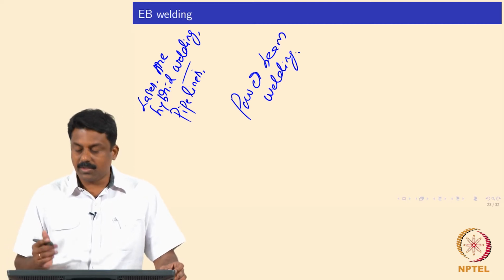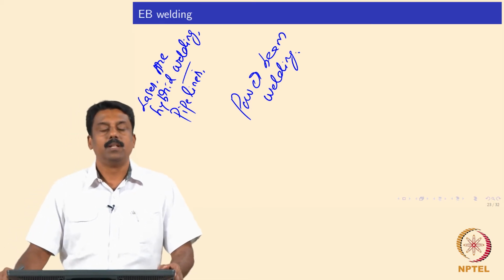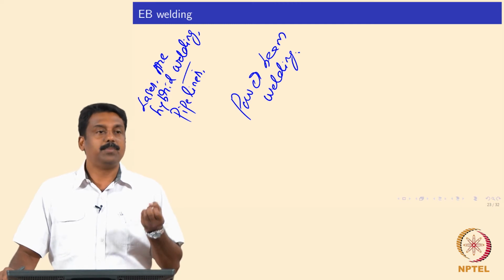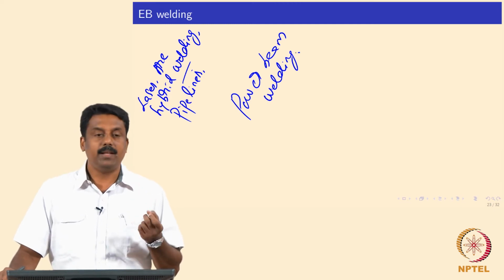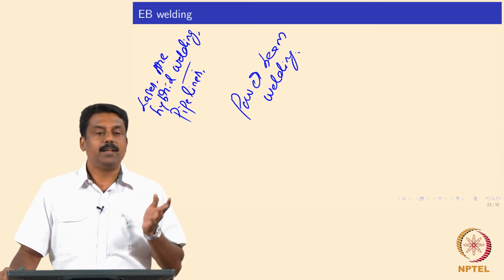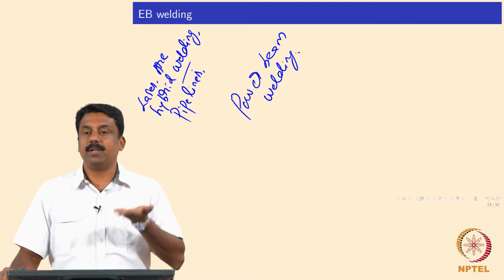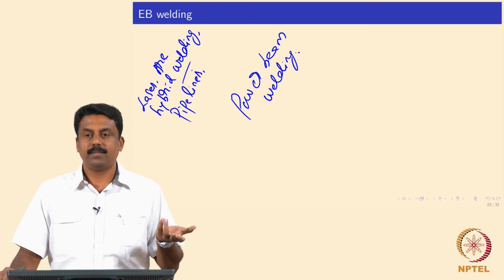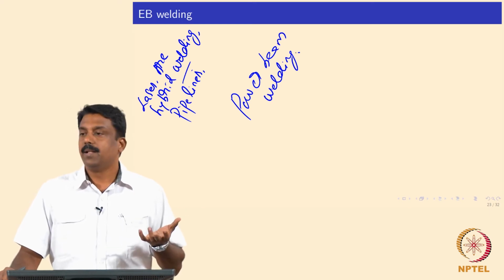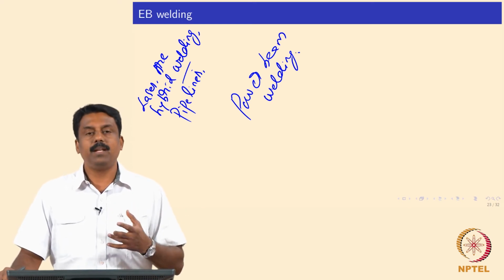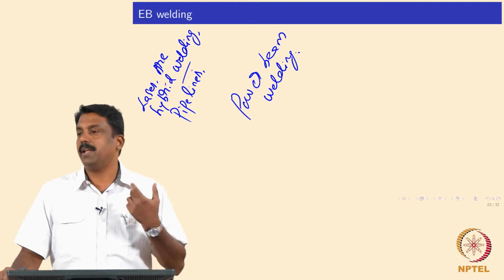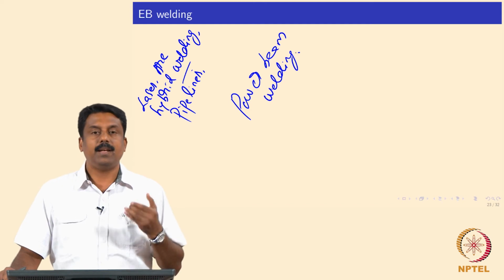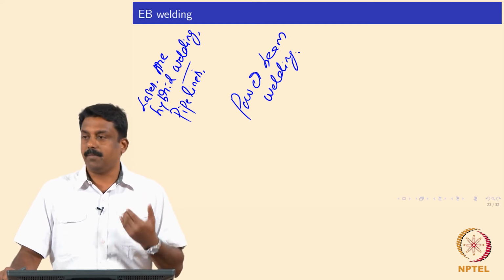So we can achieve an extremely narrow weld zone using electron beam welding, because, in contrast to laser, absorption is an issue there. As I said, aluminum does not absorb laser light, and steel absorbs a maximum of 30%, whereas the absorption of electrons by the material, especially in alloys, is much higher. So the efficiency of the process is quite high. That means we can achieve 90-95% efficiency by electron beam welding.